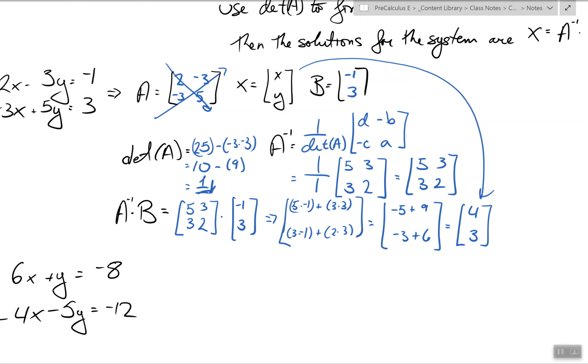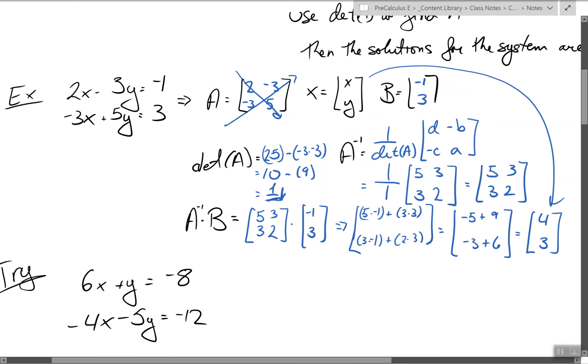If you want to verify these to make sure, it'd be a good idea to take these two values, X equals 4 and Y equals 3, and plug them back into the original equations. That's a great way to check. So if we do that quickly here, we should get 2 times 4 minus 3 times 3 equals -1. I believe it does. And then -3, sorry, times 4 plus 5 times 3, and that should equal